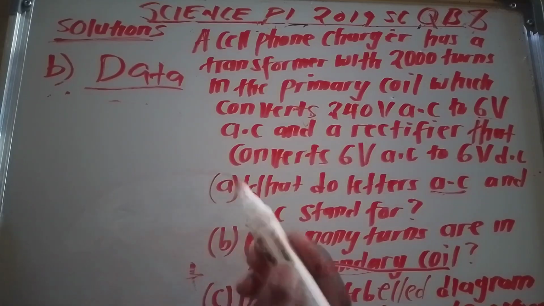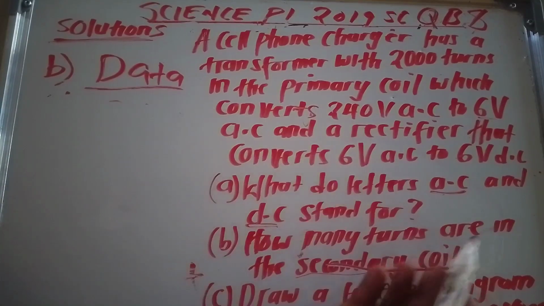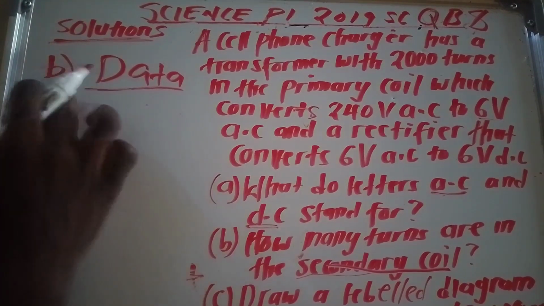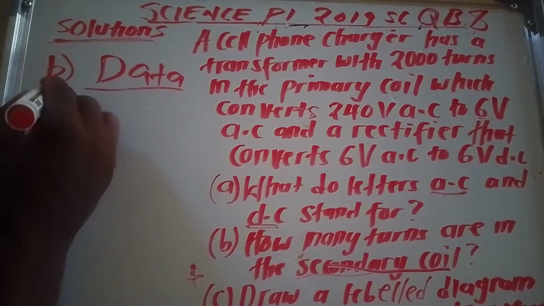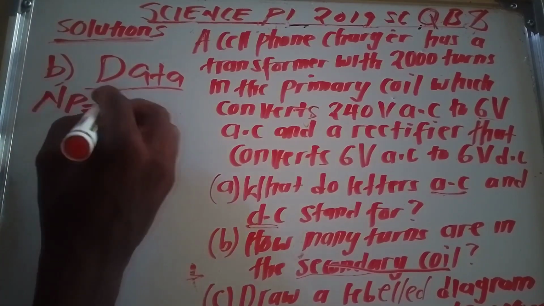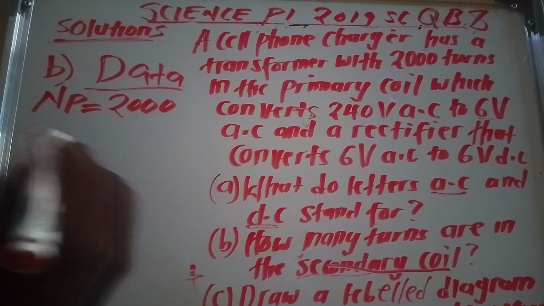In case you have written something like this, you need to know that the input voltage is the one which is found in the primary coil, and the output voltage is the one which is found in the secondary coil. So what we are saying is that the number of turns in the primary coil is 2000 times, and then our